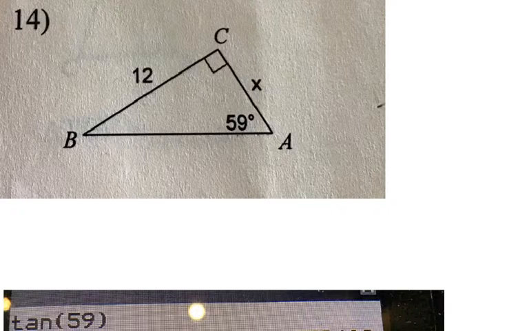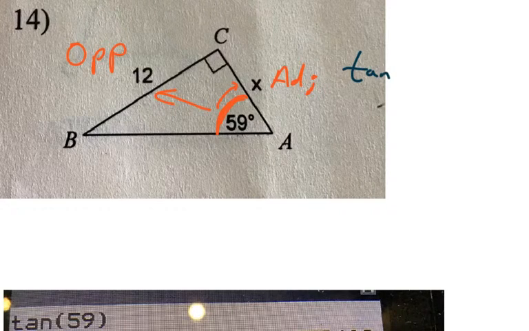Okay, this will be the last one, number 14, guys. As you can see, I know my angle 59 is right there. Notice the x is adjacent to it. Notice the 12 is across, which we refer to as opposite. So we have another tangent one. So guys, don't let this review trick you into thinking everything is tangent, by the way. There's going to be sine, there's going to be cosine on the quiz most likely, okay? Not just everything tangent. But anyways, finishing up, I know that the tangent of 59 degrees has to equal the